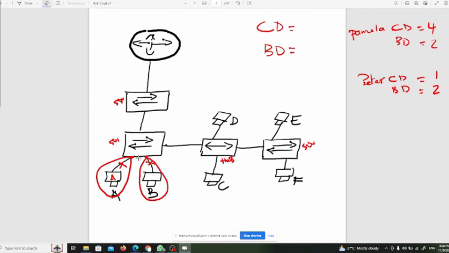That proves the fact that each interface of the switch belongs to one collision domain. Okay, this one here we have two collision domains. So now this interface of the switch too, which is here. So you can see that here, in between this switch and this switch, we have the